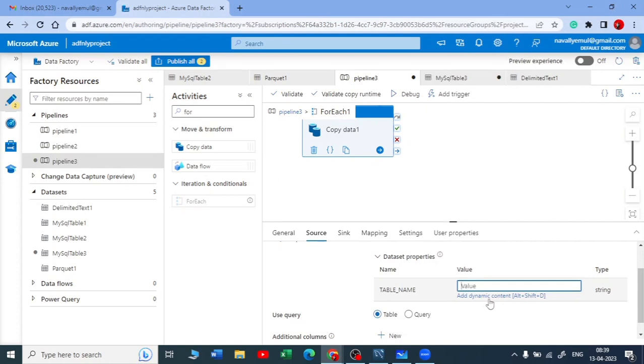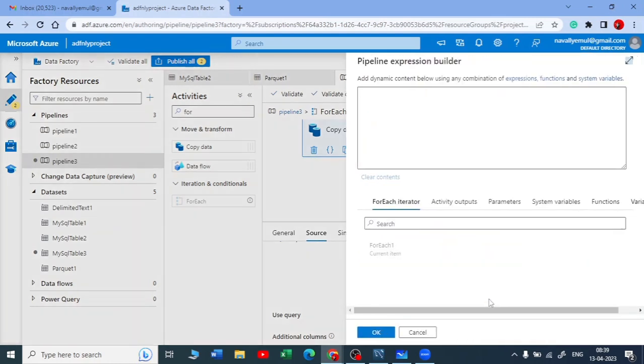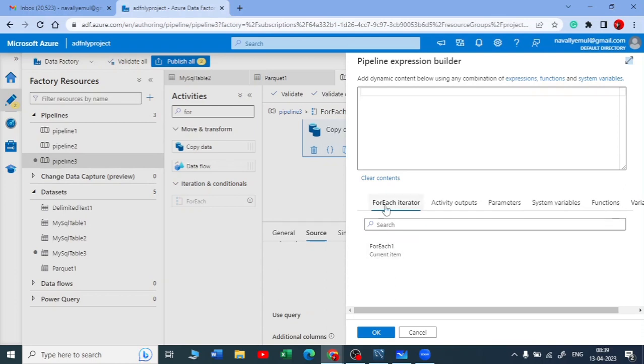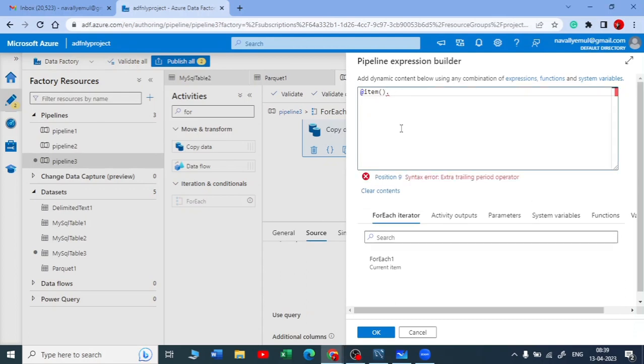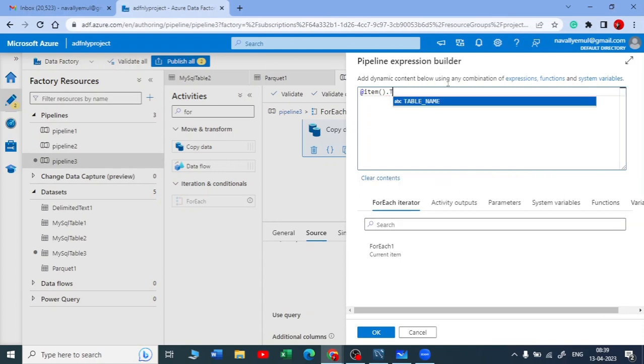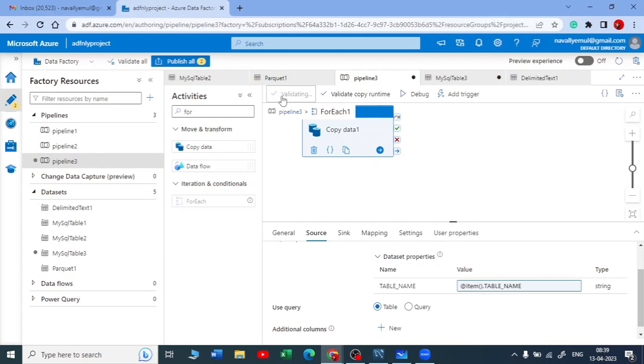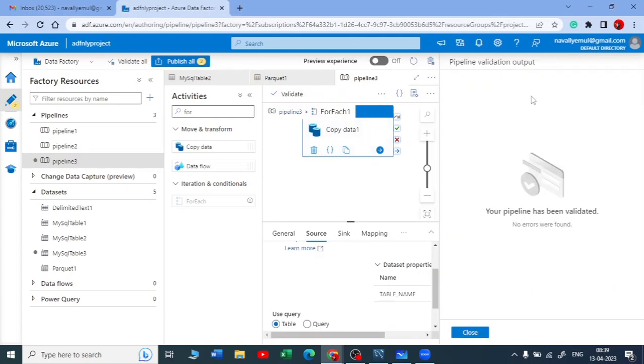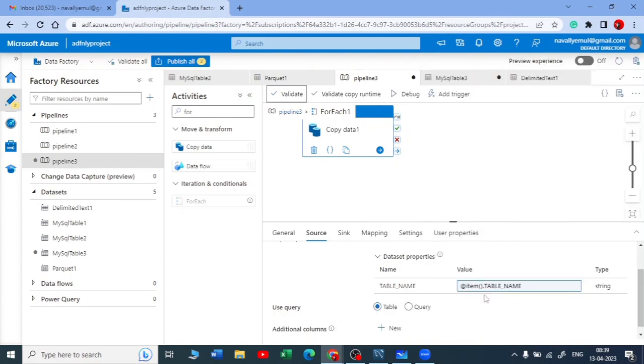So just click on this dynamic content, and once you click on that, by default it is showing you, okay, do you want to pass the for each, that is current item. So just click on it and it will show you that it will pull out each item, and you need to just add dot table name after that. Table name, that is a variable what we have assigned in the data set. Let me just click on OK, and now let me validate this. So once I validate this, now your pipeline is validated. There are no errors here. Let me click on close, and